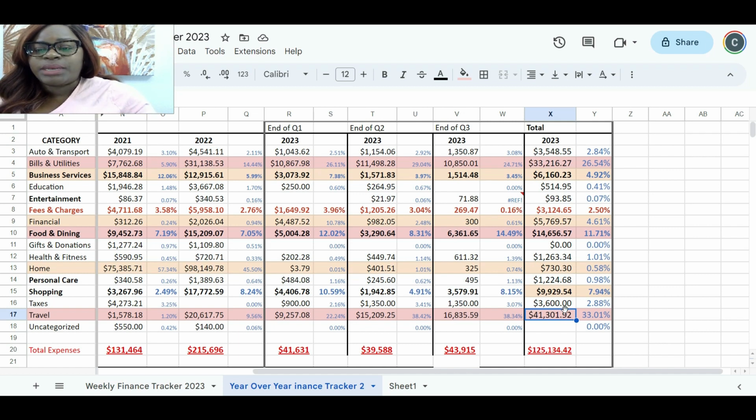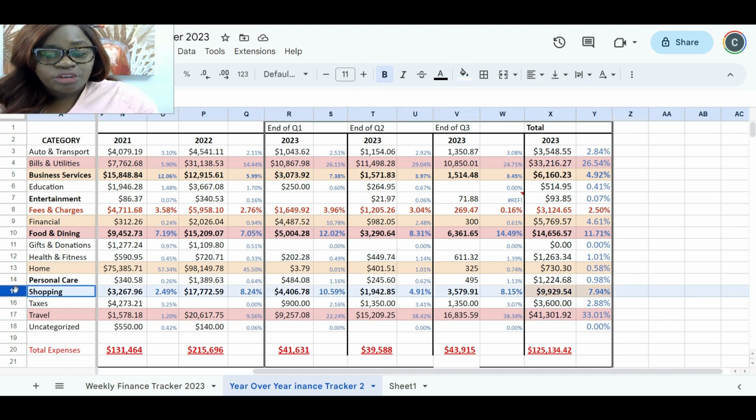I then started looking at the next top categories in terms of percentage spent, right? And I think this is really important. I'm less focused on the number I'm spending, and more focused on whether or not the percentage tracked with previous history. I started looking at shopping. I was like, okay, $9,000 for shopping is a lot. It's around